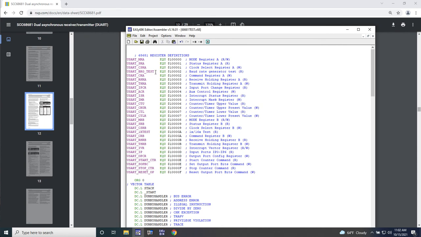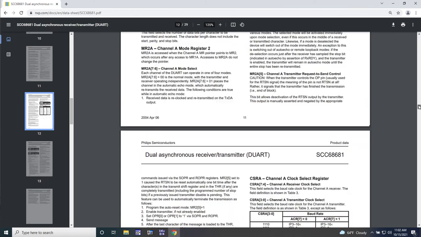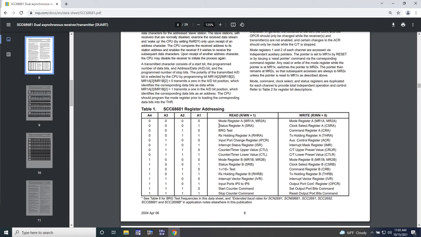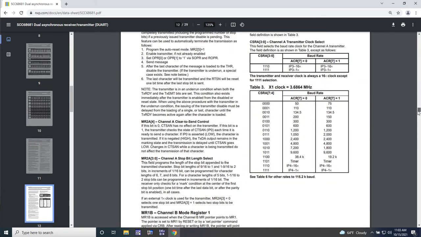Okay, so to set the baud rate, I think we have to set this SRA. Okay, so SRA is going to control the baud rate, which is going to be, so SRA lives at address clock. Oh, we need to write the clock select register, CSRA, excuse me. So it lives at address 1. So what we're going to do is we're going to set the clock select register A to